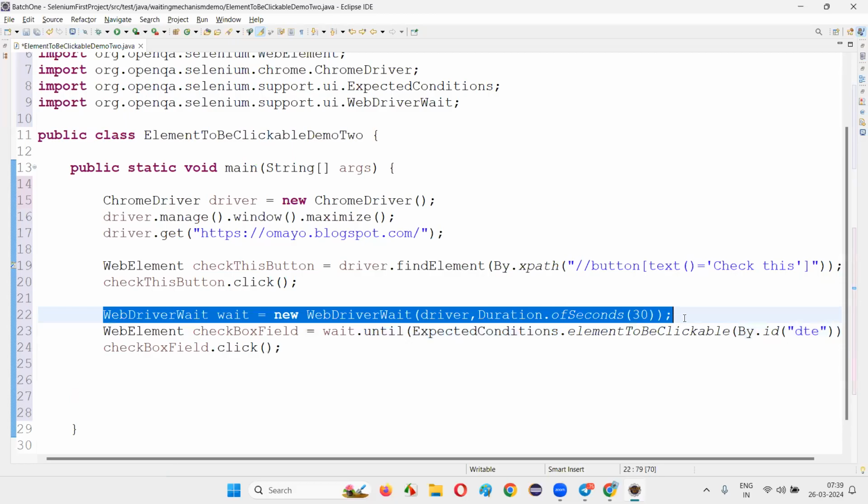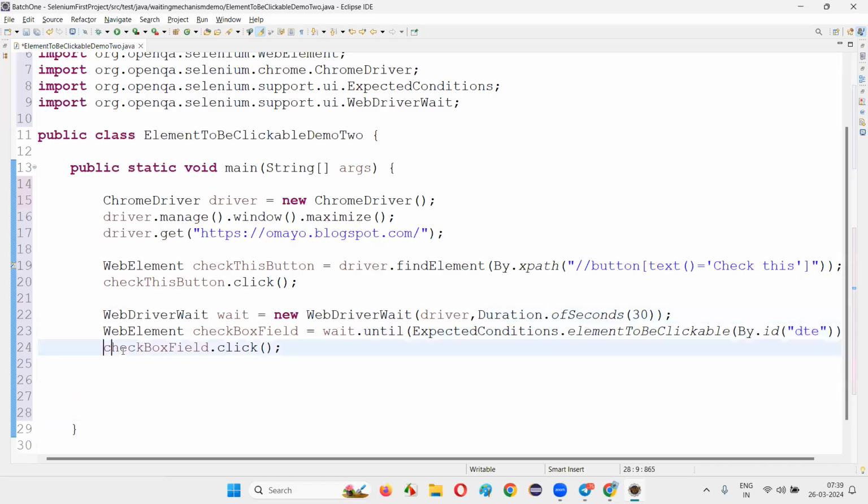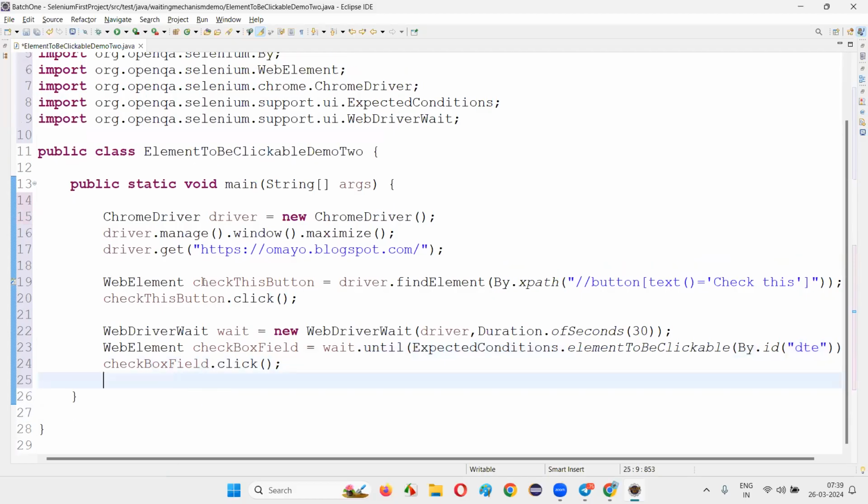WebDriverWait until, and checkbox field dot click. That's it. We are waiting for the checkbox field to be clickable, and then we are clicking. After clicking on this check button, it will take 10 seconds, but we are giving a maximum of 30 seconds. Within 10 seconds only, if the checkbox field becomes clickable,